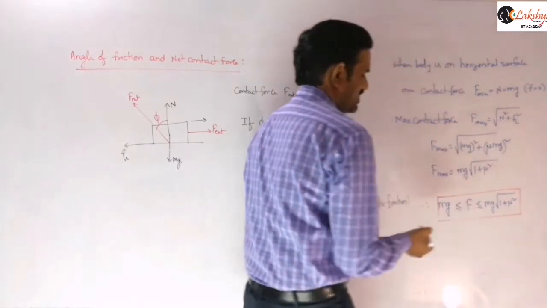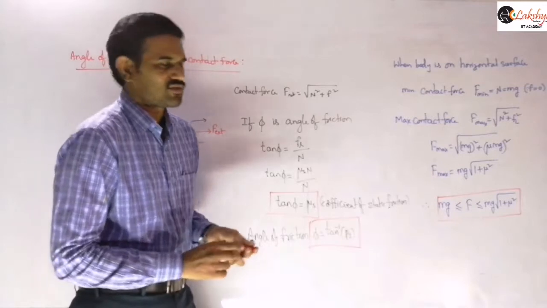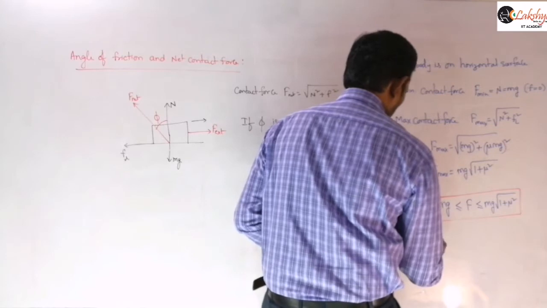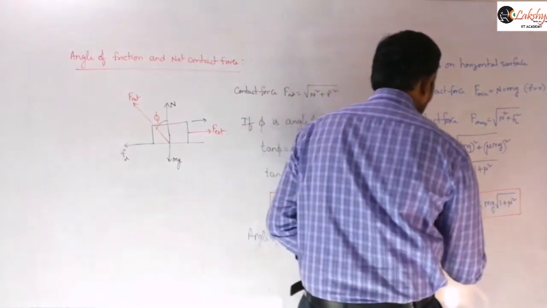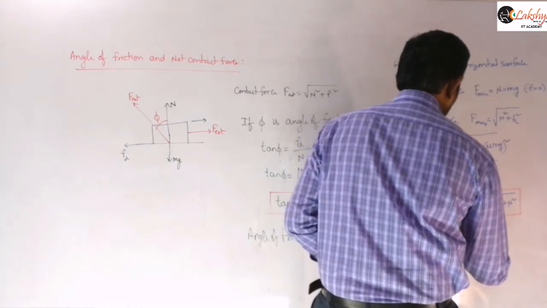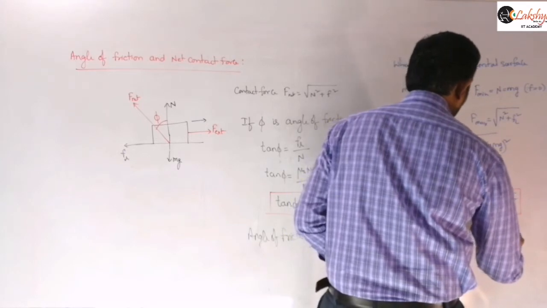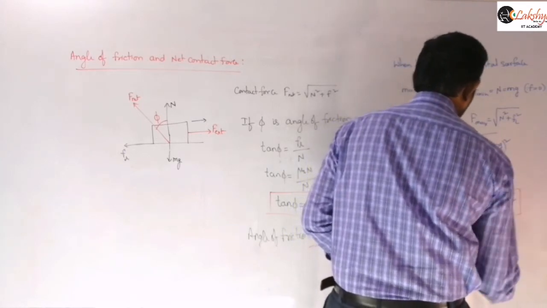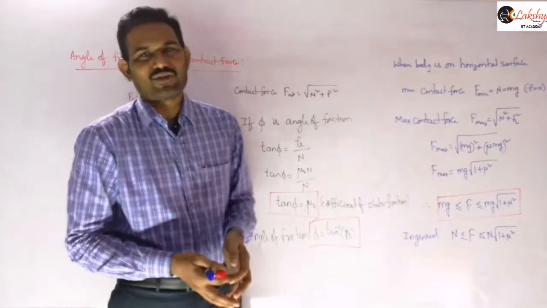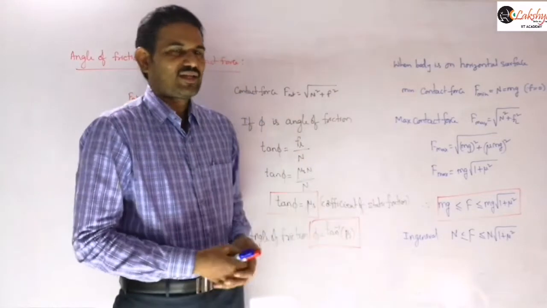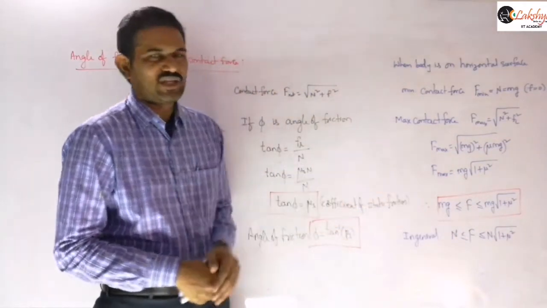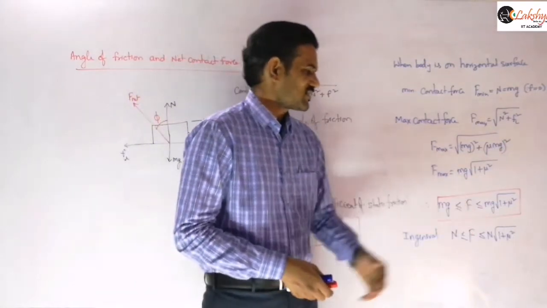So this expression is for the horizontal surface. In general, we can express it in terms of the normal reaction: N is less than or equal to F, less than or equal to N into under root of 1 plus mu square, or mu s square. In general, in the sense that when the body is placed on an inclined plane also, the N value is equal to mg cos theta. So you will get it in terms of mg cos theta. In general you can express like this, but in case a horizontal surface is given you can write it like that.